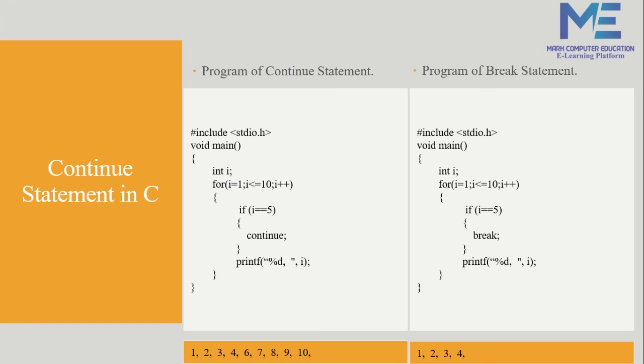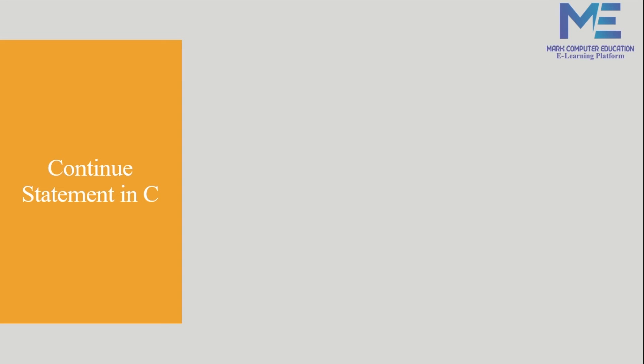Then it will print my values 1, 2, 3 and 4 only. But if I had given continue, then it will skip my loop. It will not stop, it will skip, and in break it will stop the loop. Okay, so let's see the execution, meaning the working of